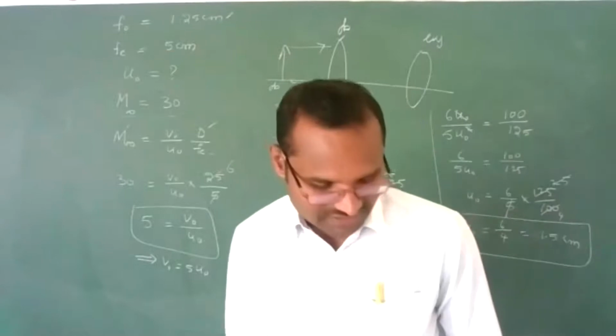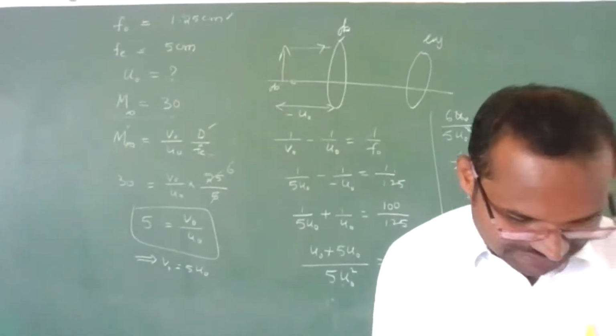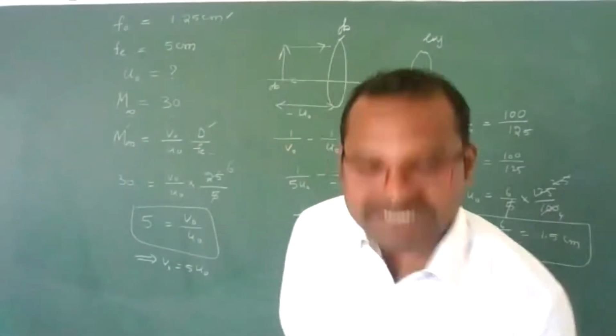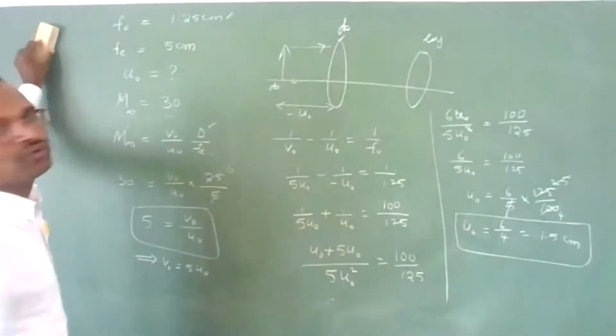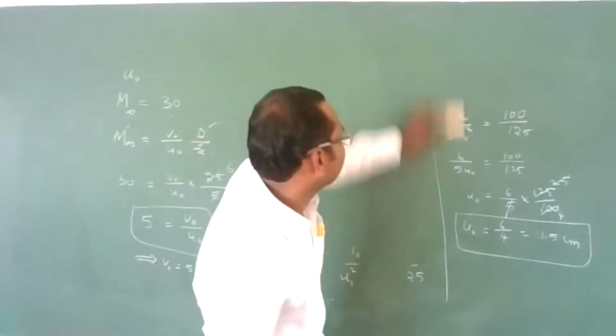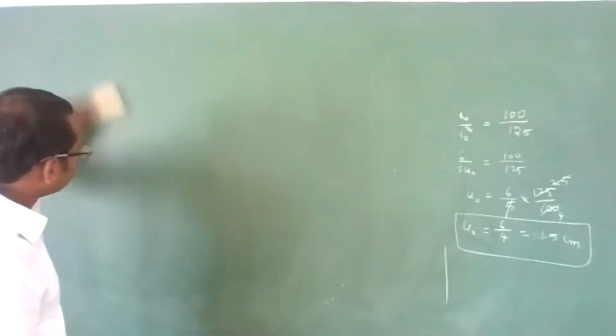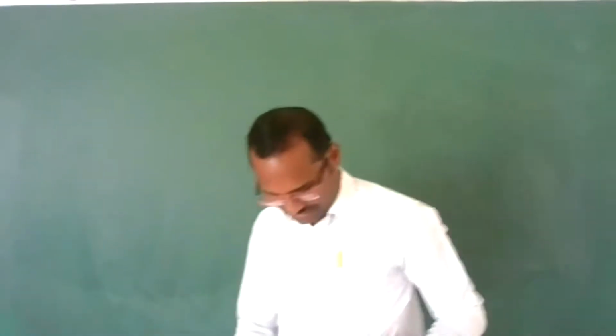Still, so many questions are there here. If you want, I can take those questions. Otherwise, I'll go for the next concept. Yes, 7 minutes is there. I'll start one more question, so that if any more doubts are there, we'll clarify. Next class, I'll discuss the telescope. How we can construct a telescope, and what is the magnification we will get in a telescope. These are things we will discuss in the next class. Today, let us continue the problem, okay? Because only 7 minutes is there.